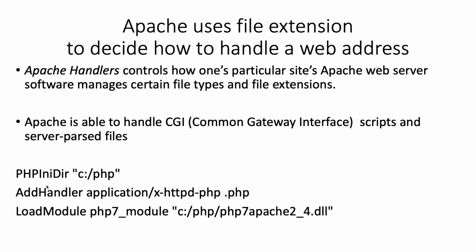In ours, we set a PHP indirect equal to C/PHP. That's where we installed just now the PHP interpreter. We added a handler that said if you see a .php, use this. And we told it to load the module PHP 7 module, which you could find here. So